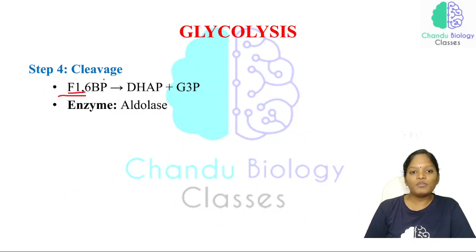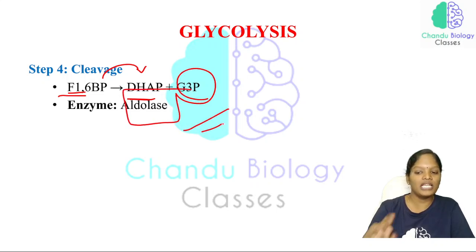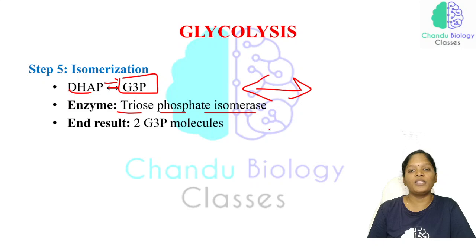Now cleavage. Fructose 1,6-bisphosphate will be converted into dihydroxyacetone phosphate and glyceraldehyde 3-phosphate with the help of the enzyme aldolase. I have explained this. Now see, dihydroxyacetone phosphate and glyceraldehyde 3-phosphate are isomers. This is a reversible isomerization. Both are structurally similar and the name of the enzyme is triose phosphate isomerase